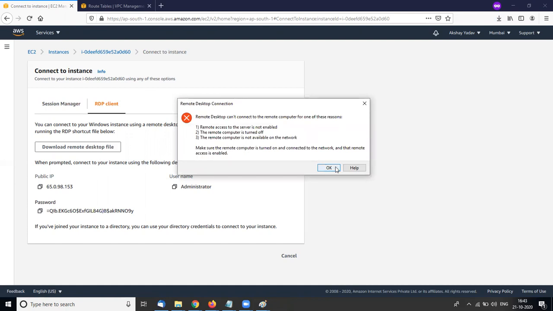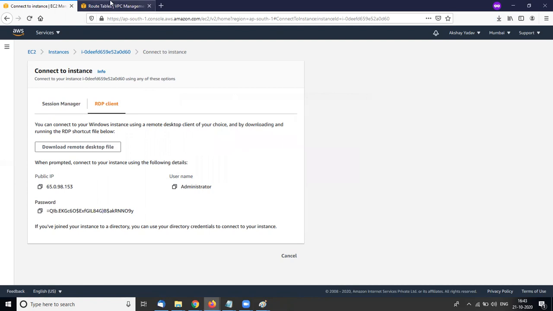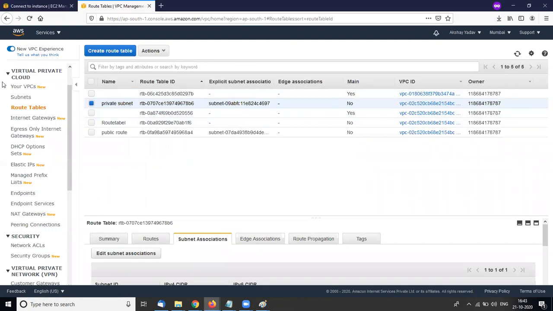That means I cannot connect with the remote server. I need to check my routing table.